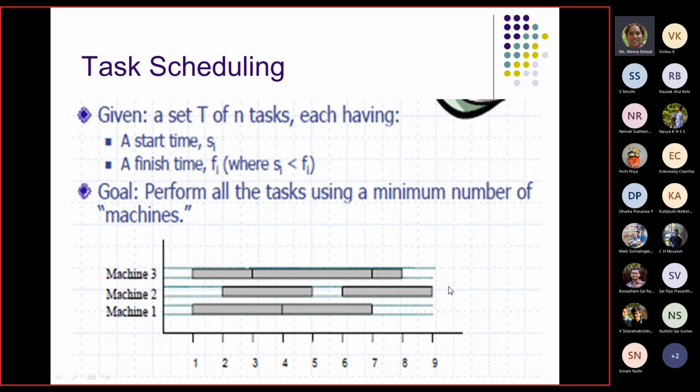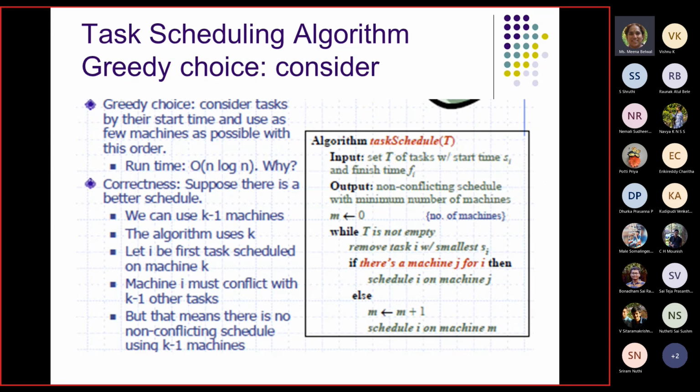The question here is that all the tasks have to be scheduled. The other way, when we solved previously, we sorted the tasks based on which is ending first, and then we removed all the tasks which are conflicting with it, because we had only one machine. Now we want to schedule all the tasks with the minimum number of machines, and we are taking our greedy choice as the task which starts first. There is a very simple algorithm for that.